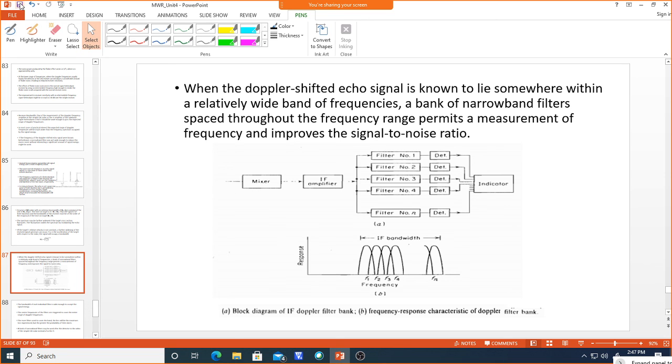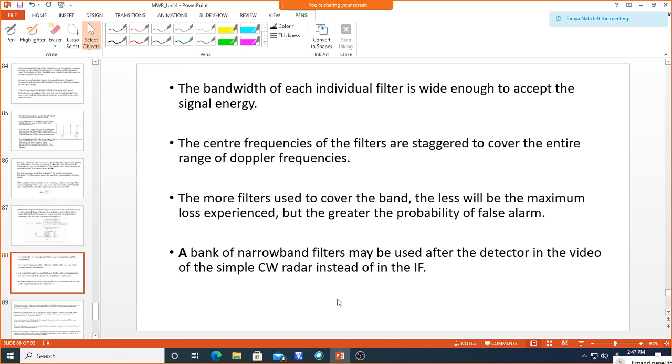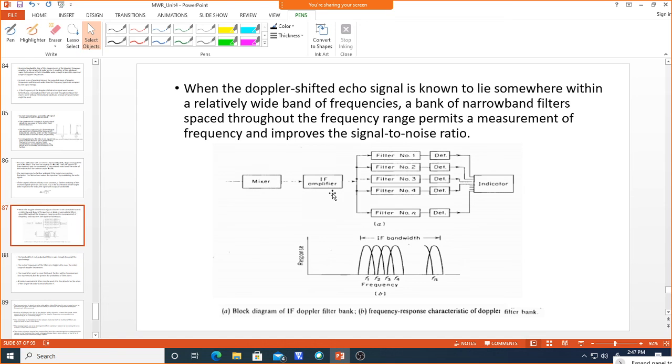So this is about how we can widen the frequency or broaden the bandwidth. There are many methods we can adopt to increase the frequency range, and this is one method. We can see other ways of doing it, so we'll stop here and discuss some more things in the next class.